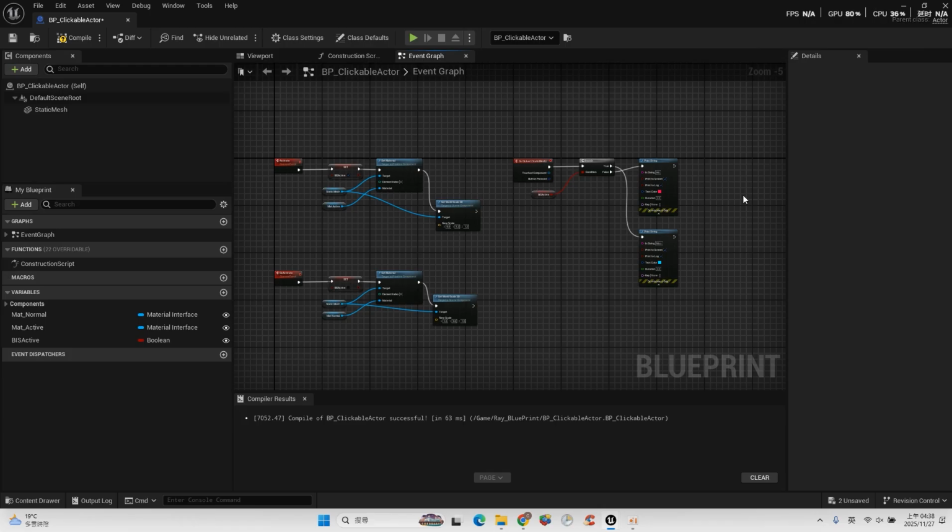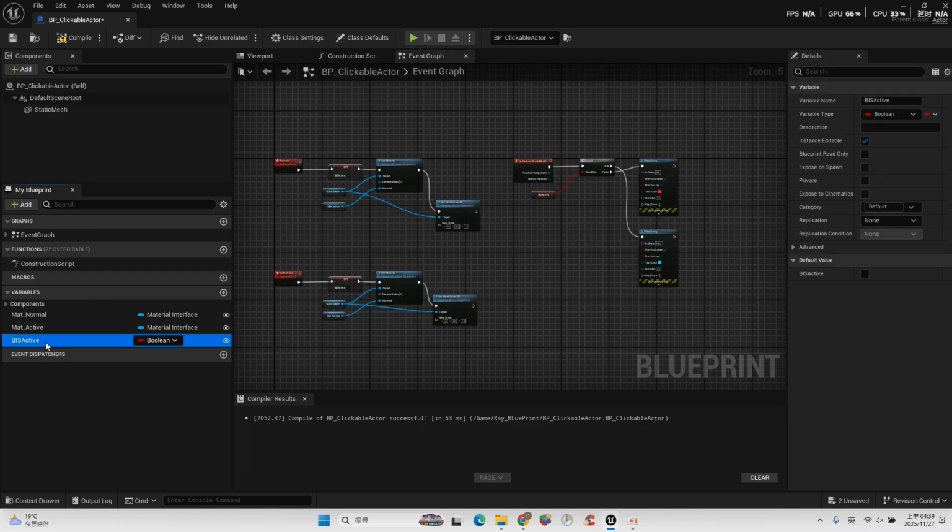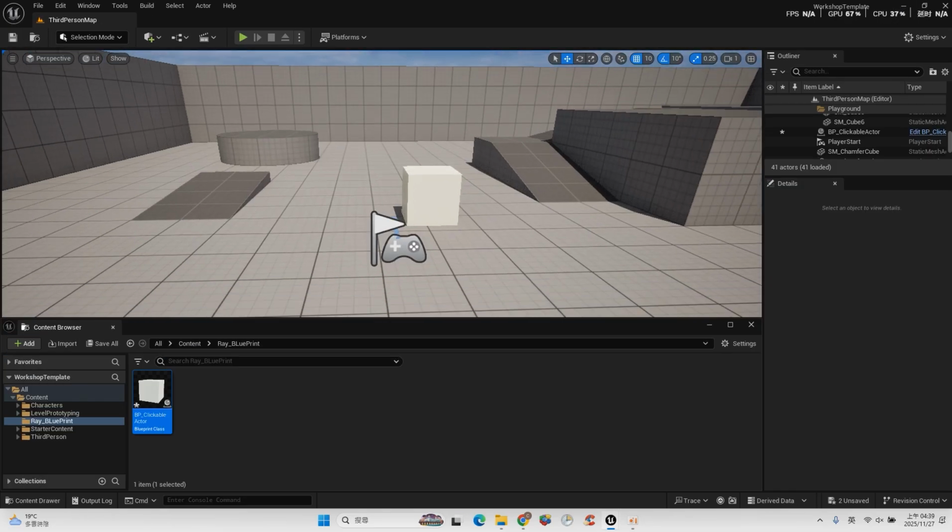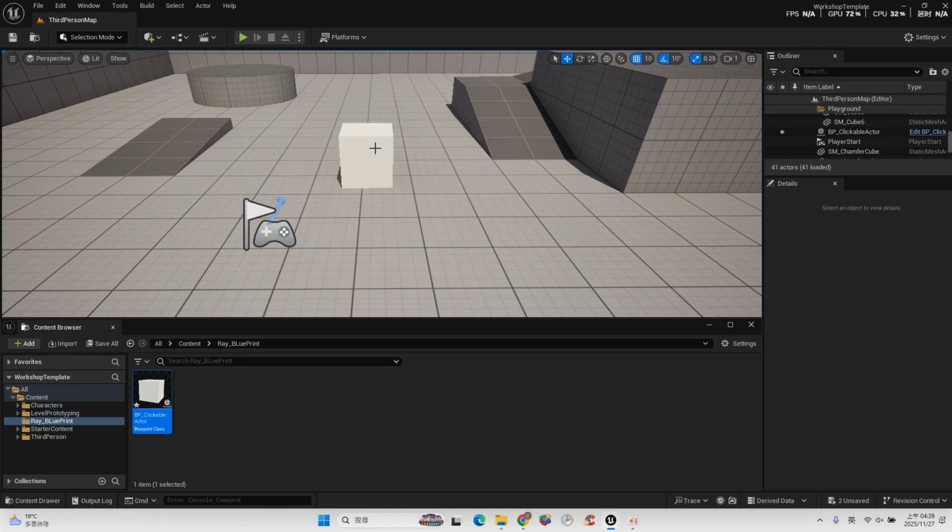Okay, so now I think our script is pretty much finished. So for the next thing we have to do is define the Boolean toggles right here. That will be the most important part, and we have to make sure the Boolean toggle is in the right status. Otherwise, your script cannot work. So the idea will be like this. Let's turn down the blueprint editor first. So once we click this one,